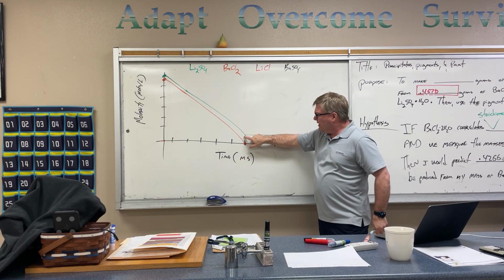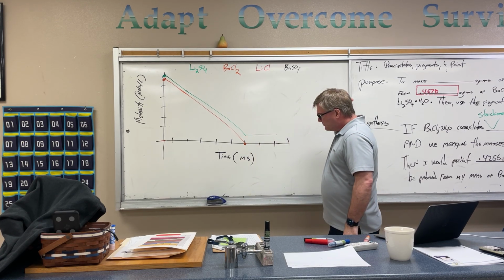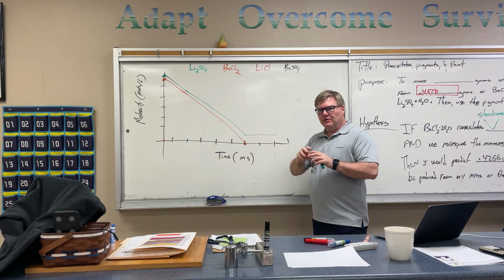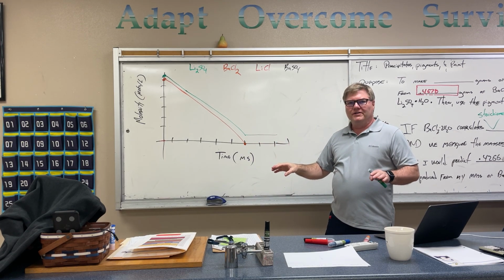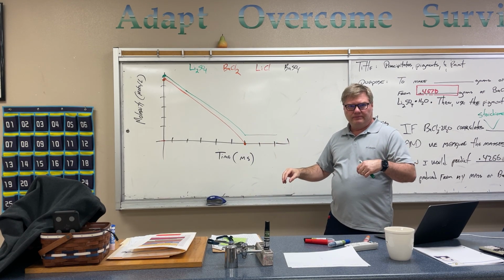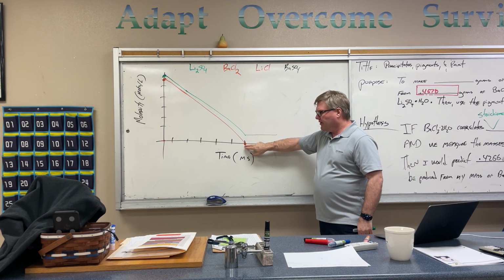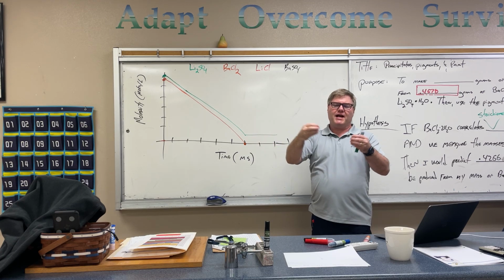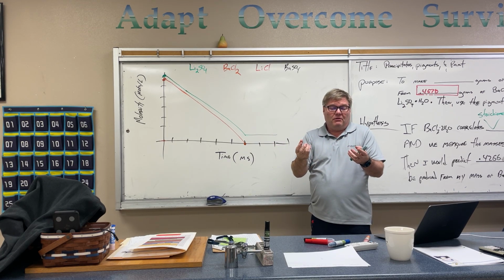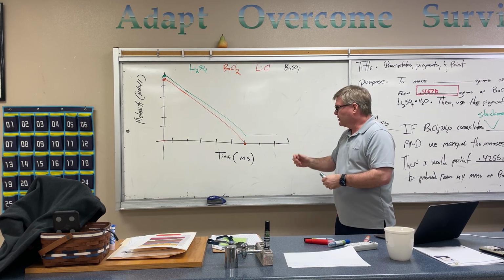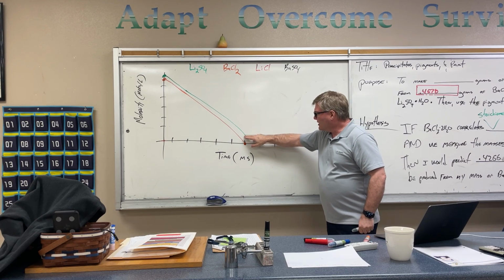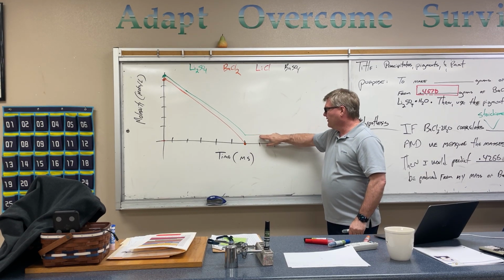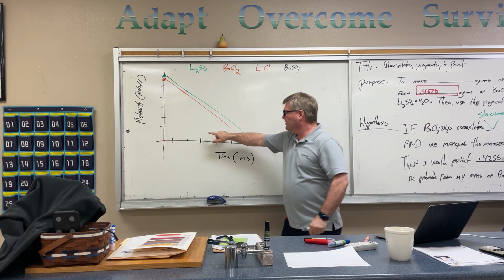Okay, this is a key area of this graph. You see, I had said that the entire reaction stops once the limiter runs out. Once this goes to zero, there's no way for lithium sulfate and barium chloride to react anymore because there's no more barium chloride. What you're going to have is the reaction. This is going to stop going down because it's not getting used up anymore. It's just going to level off, and you're going to have a certain